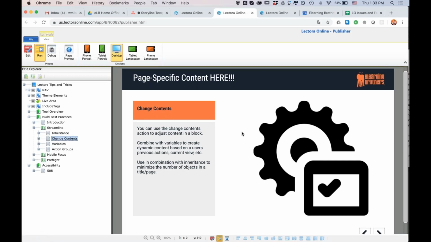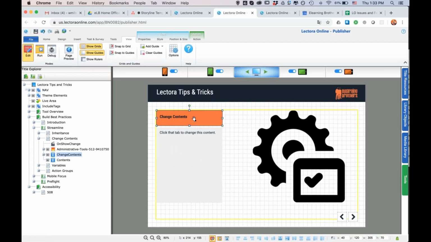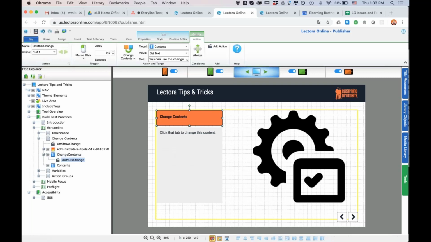You can target whatever content block you'd like. All you have to do is go over to your actions pane, select the object that you want to assign that change contents action to, in terms of the clickable object or whatever object the action is going to act upon. Maybe it's when that object appears, things like that. And you add a change contents action. Once you add your action, you click here and navigate down to change contents. You'll immediately be given 3 little